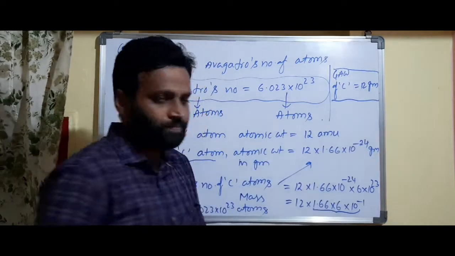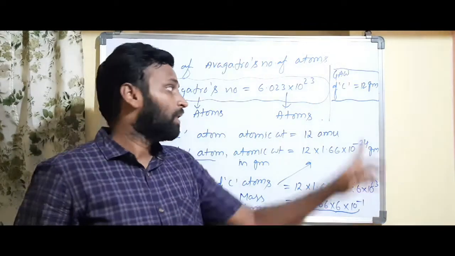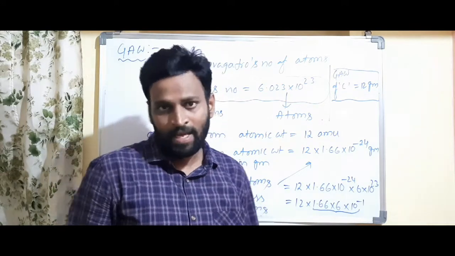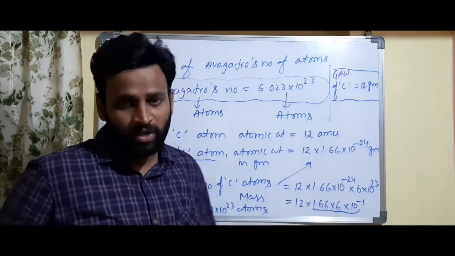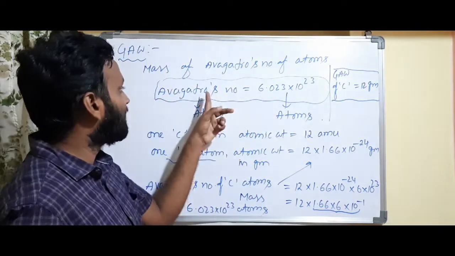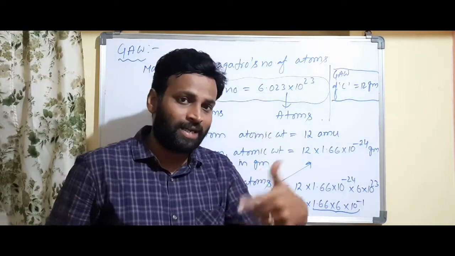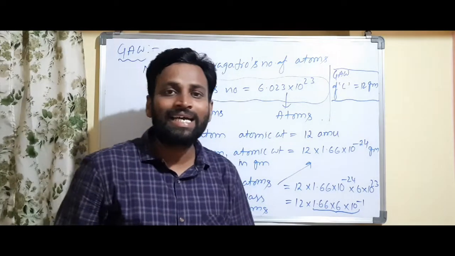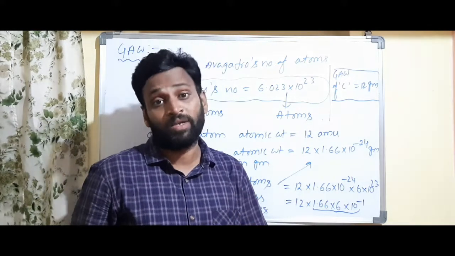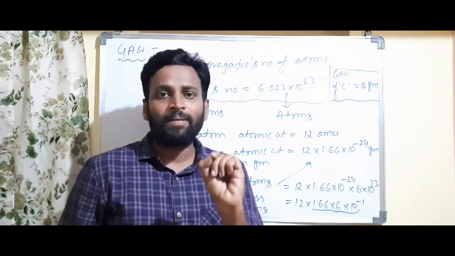Sir, what's the confusion? No confusion here. Atomic weight of carbon means 12 AMU, that is for one atom. Gram atomic weight means the mass of Avogadro number of atoms, which is also called 1 mole. We call it mole concept; after this I will explain, no need to worry. So 1 mole means this Avogadro number. So what is gram atomic weight? Avogadro number of particles mass is called gram atomic weight. Atomic weight means only one atom mass.